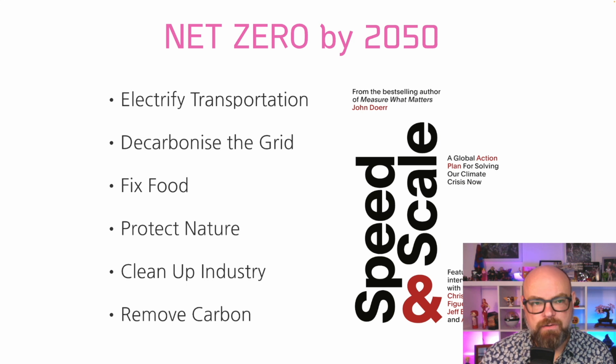So how do we get to net zero by 2050? Another great book that will assist in this thinking is Speed and Scale by John Doerr. His plan to reach net zero by 2050 includes electrifying transportation, decarbonising the grid, so moving to 100% renewable energies,